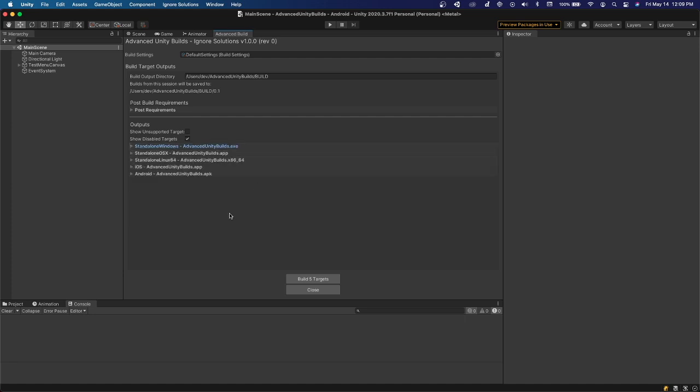The other problem with Unity's built-in build system that I aim to solve with this small tool is you have to manually create folders yourself, and you have to manually sort the builds out into folders after that. This is kind of taken care of for you. As you can see, builds from this session will be saved to a build folder and then the version. And this is inside of the project too. And the git ignore for Unity is by default set up to ignore any kind of build folder. So this is already a git ignored folder, and this 0.01 comes from